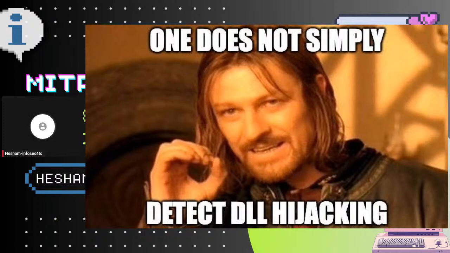To detect such a thing, you need to take the DLL and do some static analysis, dynamic analysis, and so on. That's what Mr. Ahmed Thabit will cover